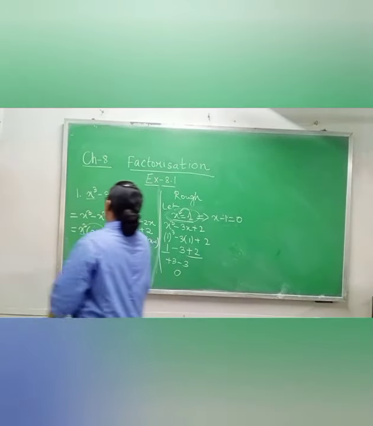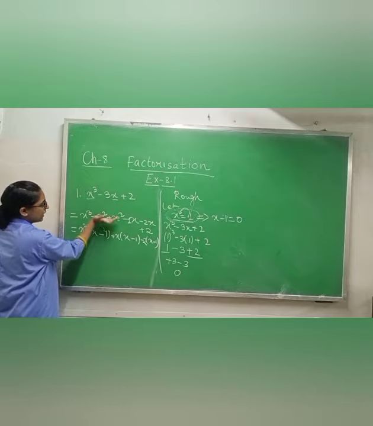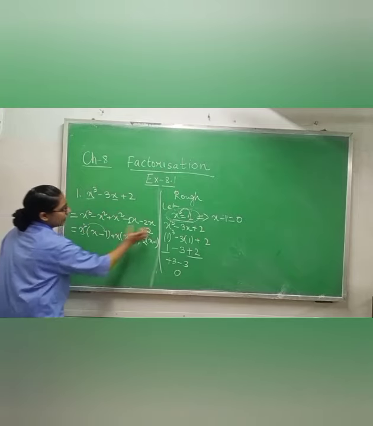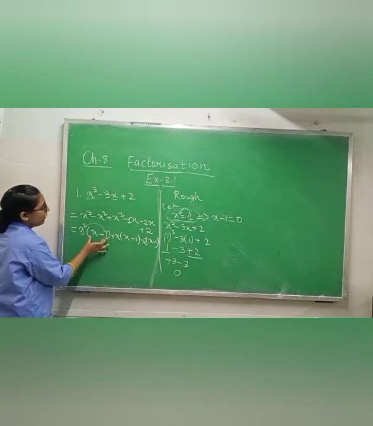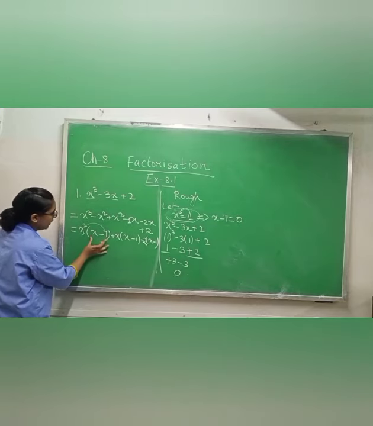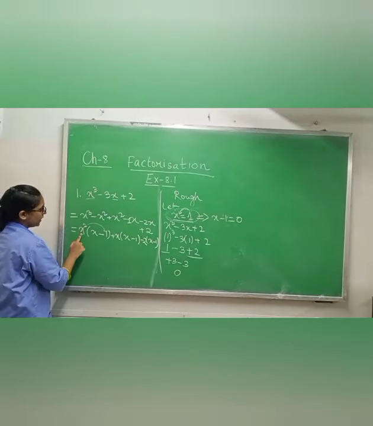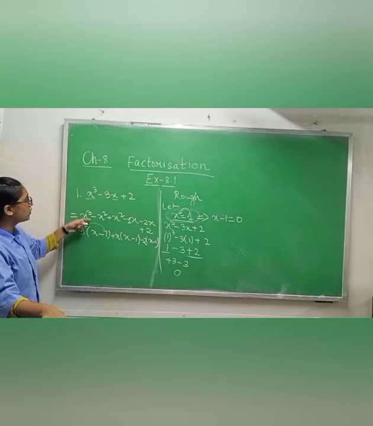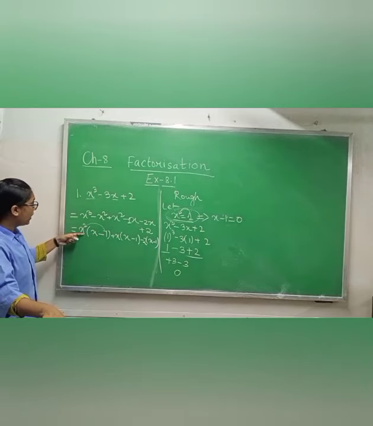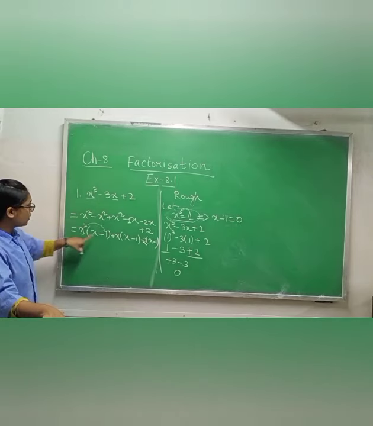Now what you will do, you will leave one line here and you will start from the third line: first, second, third line. You will write x minus 1 here. When you are writing x minus 1 here, you already have 1x, but you need x cube. So that is why I am multiplying with x square, so that x square into x will give you x cube. Now x square times minus 1 will give you minus x square.